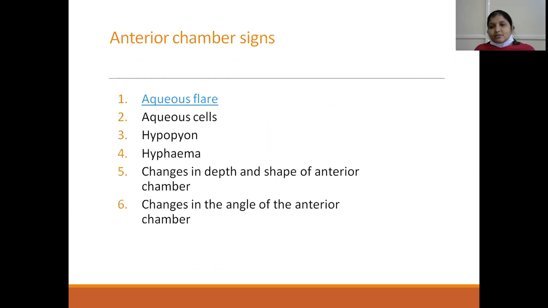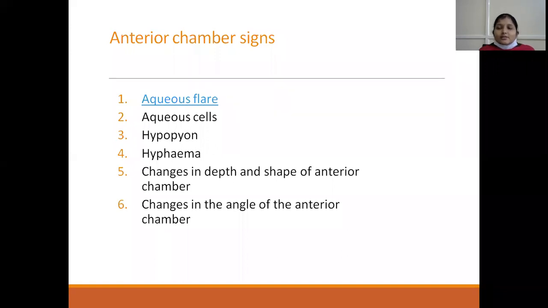In long standing cases, you see there is haze in the posterior cornea because of the damage to the endothelium. So next, from anterior to posterior, we have finished lids, conjunctiva and cornea. So next we have anterior chamber. So what is anterior chamber? It is the space between posterior surface of the cornea and the anterior surface of the iris.